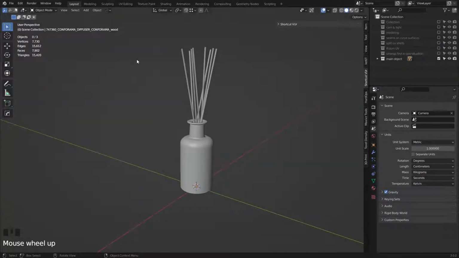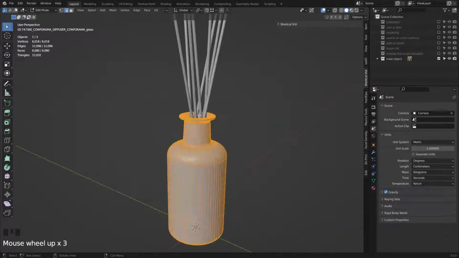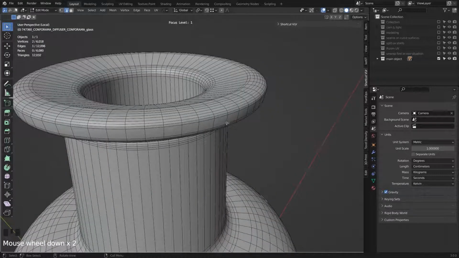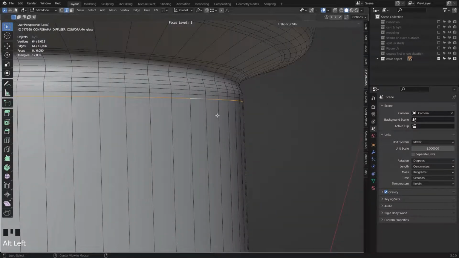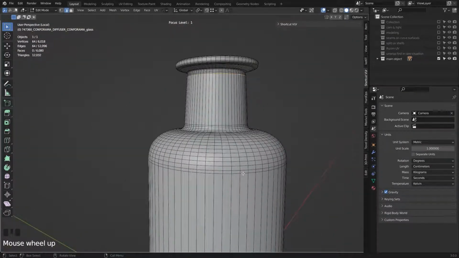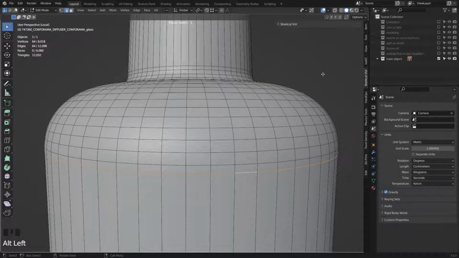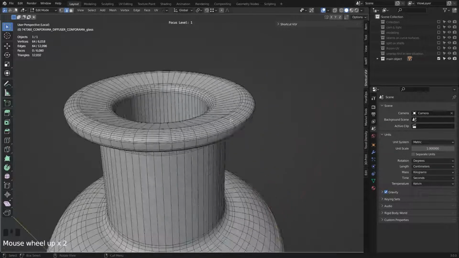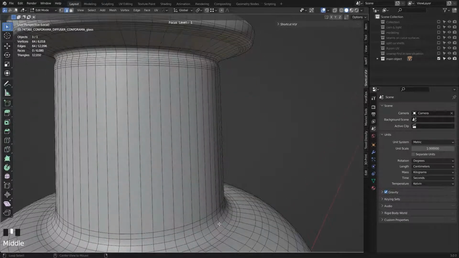Next step is to put UV seams to unwrap our object. For example, I select this one, go to edges, and I should decide which edge should act like a seam. You should never pick an edge on the flat surface. For example, you shouldn't pick this one as a seam or this one. Always your seam should be in the curved area. For example, this one or this one or maybe this one.